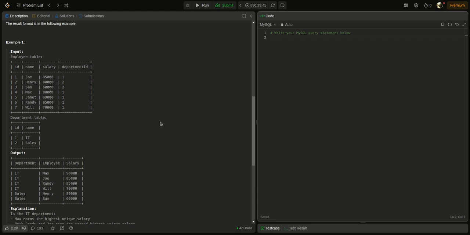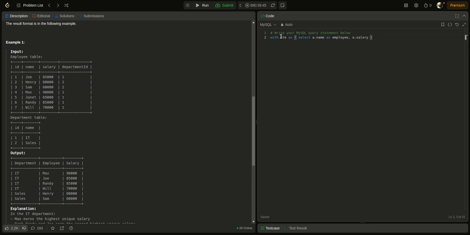If you have watched my video it will be easy for you, but I'm going to explain each and everything in this video also. So let's see the implementation. We will use a common table expression here, and we know that a common table expression is written with the WITH clause, right? So WITH ct AS, and then SELECT a.name AS employee and a.salary.